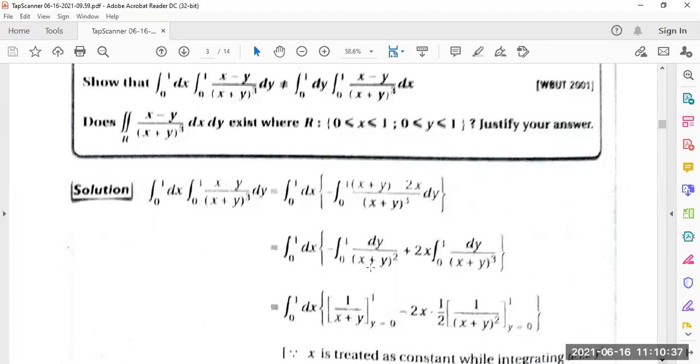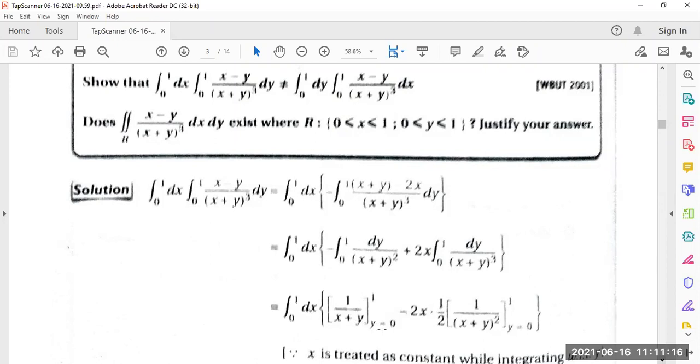So it's coming here minus of 0 to 1 dx by this plus this, that means (x plus y) whole square, plus 2x is constant. So it is out of the integration 0 to 1 dy by this. After that, they have taken the integration of this. If we say that x is a constant, then it is a plus y whole square. Here x is the constant, so after integration one minus will be there. So minus 1, this minus 1 is cut. So it is coming 1 by x plus 1.